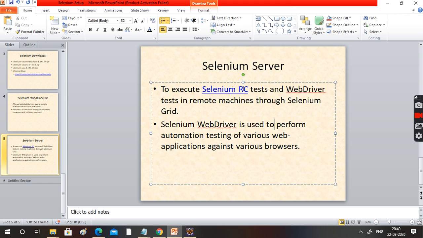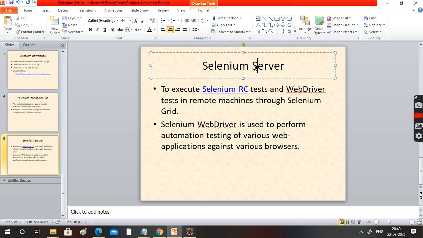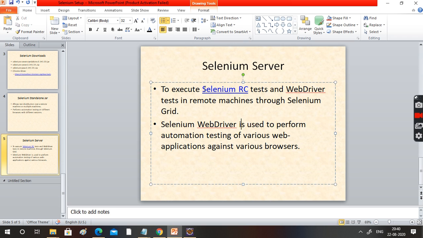But if your test cases are developed with the help of Selenium RC, and you want to execute them on a server located in Australia or America, on a remote machine, that time you need this Selenium server. Why? Because it's a Selenium RC test, Selenium remote control test.